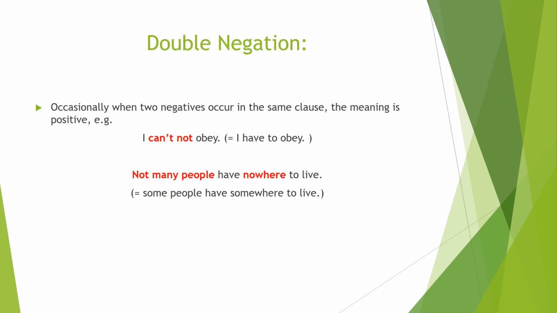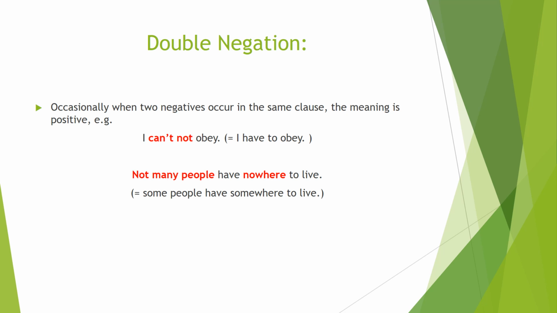Another important note is called double negation. When you have two negative forms in the same clause, the meaning is positive. So the structure is negative, but the meaning is positive. For example, I can't not obey. Here we are negating this sentence by using not two times. The first time we shorten it and attach it to the auxiliary can, and then we use